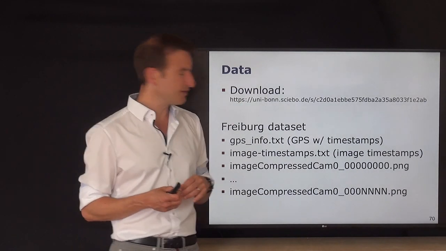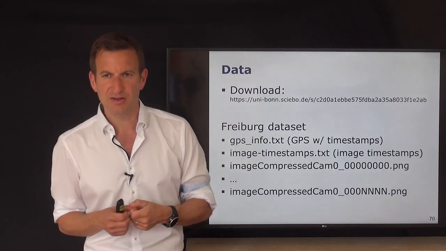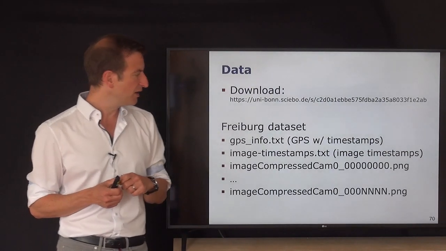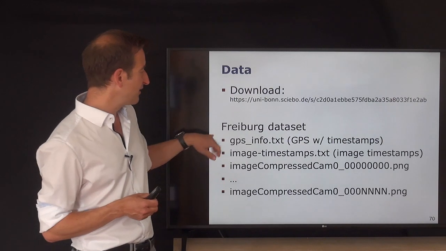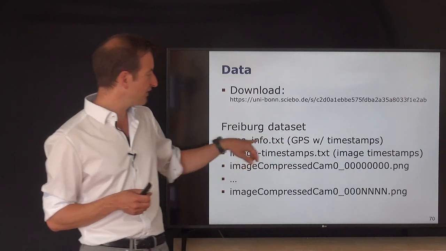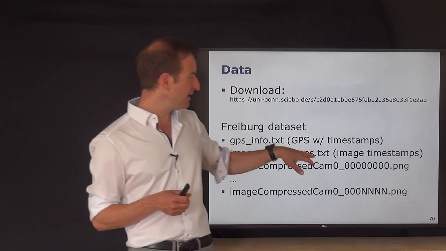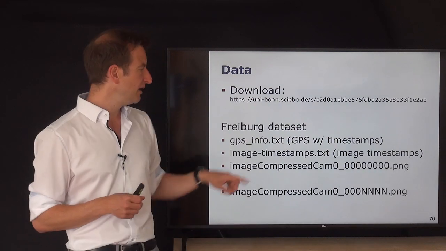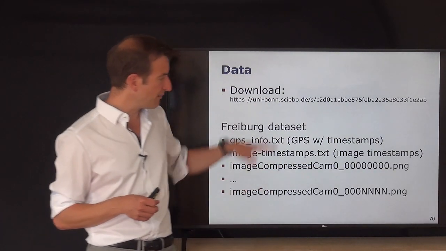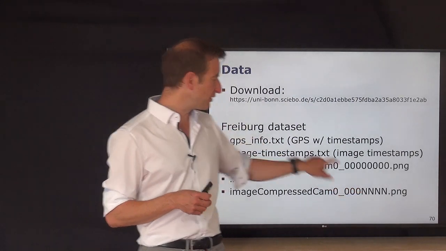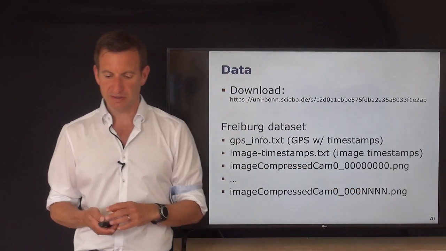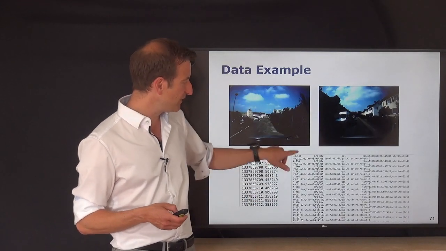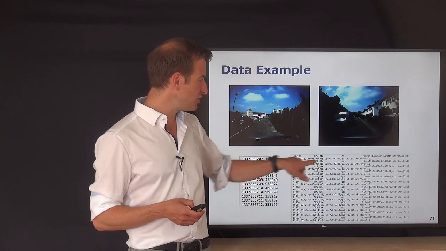This is a dataset that Luciano Spinello and I have been recording years ago in Freiburg, driving around with a car, recording image data, and there's some GPS information in there with timestamp in a file, and timestamp file when the image has been recorded, although the timestamping was not perfect, was just kind of using the computer clock here. And then you have the images from the camera, which are just numbered, and based on the number, if you look up the line in the text file, you find the corresponding data point. So that you have different images, the timestamps of the individual images, and basically a GPS information of a